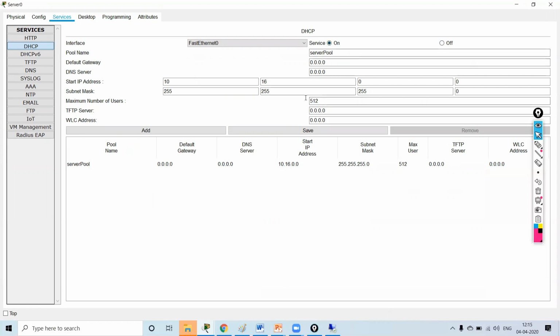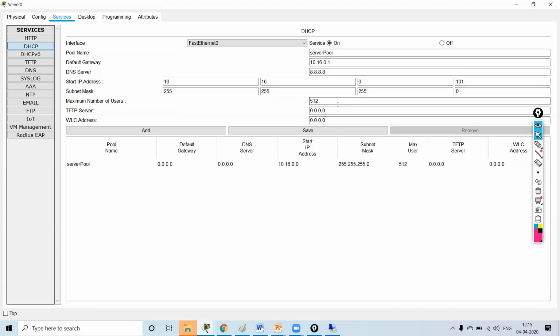I have created a pool. Now the default gateway for the pool will be 10.16.0.1. Let me take the DNS server as 8.8.8.8, Google's IP address. My pool start IP will be 10.16.0.101. My subnet mask is 255.255.255.0.